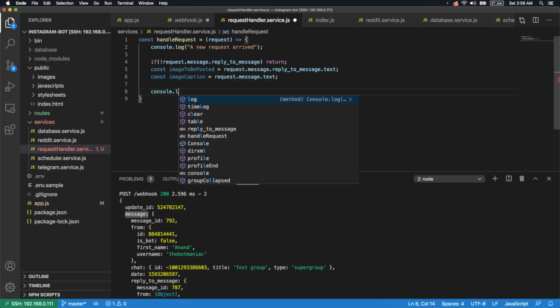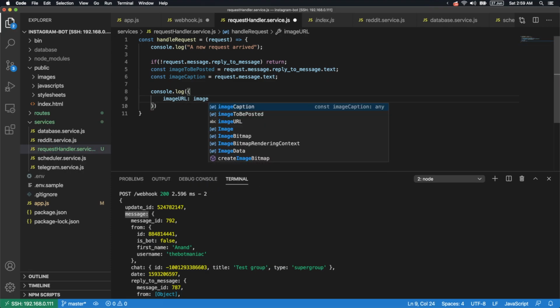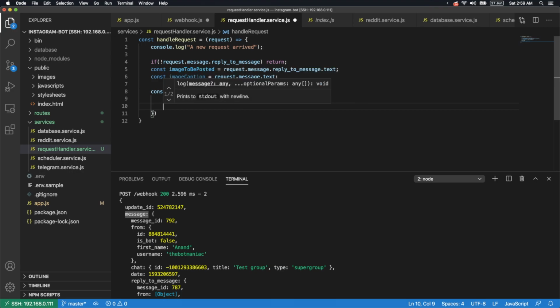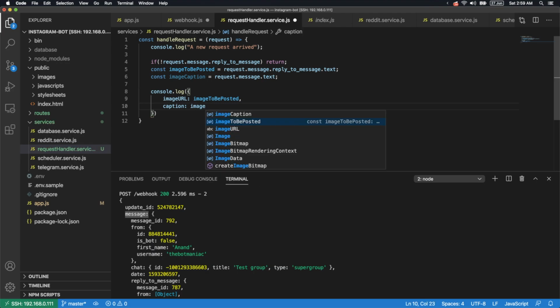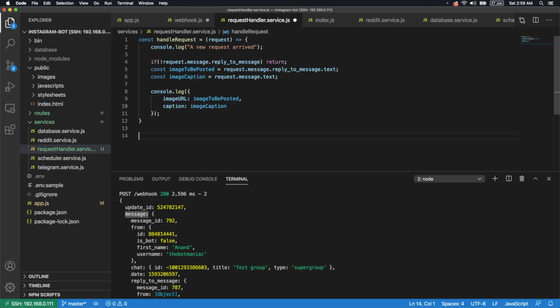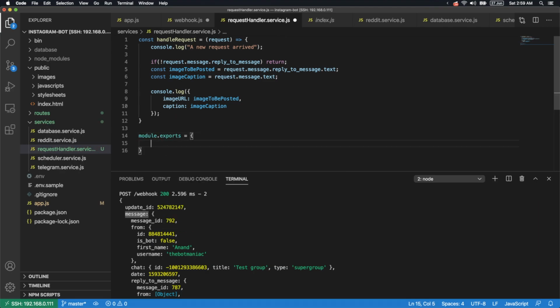So console.log image URL, and it will be image to be posted, and then caption is going to be image caption. And then we are going to do module.export, and we are going to export this handle request function,